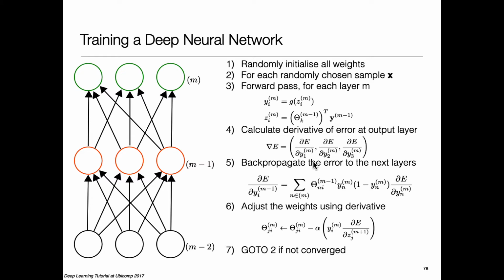TinyML and such tools try to take into account that if you have too big a network, then problems may happen: it may be too slow to run on your platform, it may be too big to run on your platform, or the network may be so huge that it just memorizes everything. You can think of it this way: if my network has too many parameters, then given a data set, for every point in the data set, it can just memorize the value. It can act as a big read-only memory.